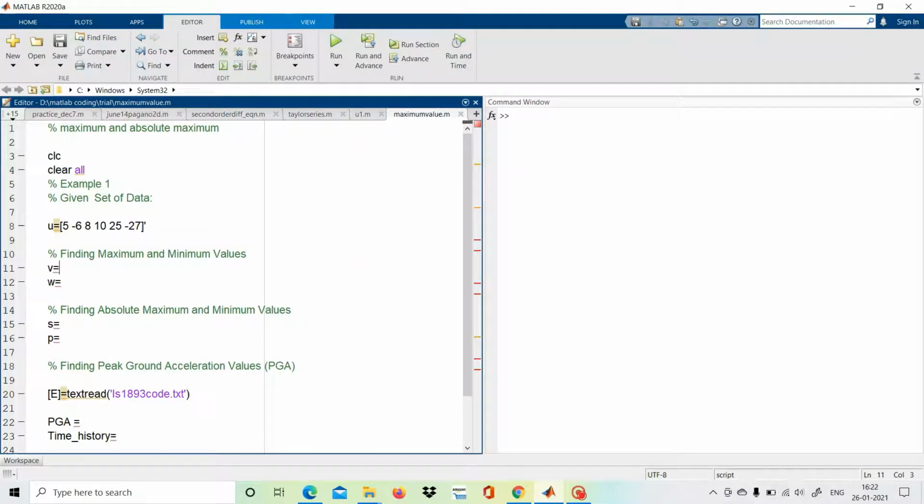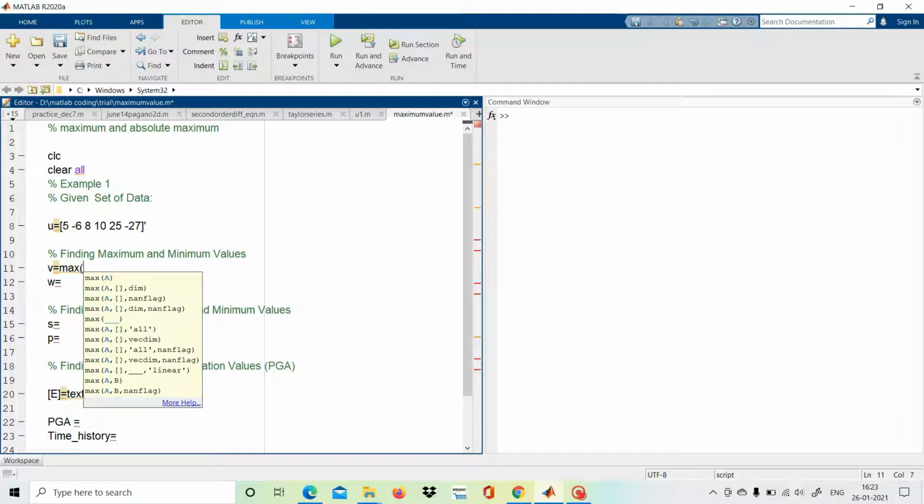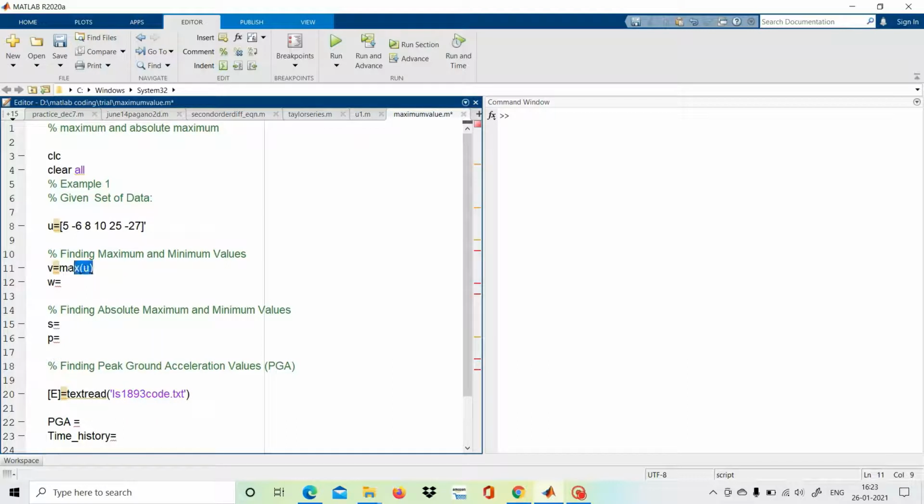Let's write a command and check whether it gives us the correct result. Maximum of u, where we denote these discrete points with u. We right click and evaluate selection.